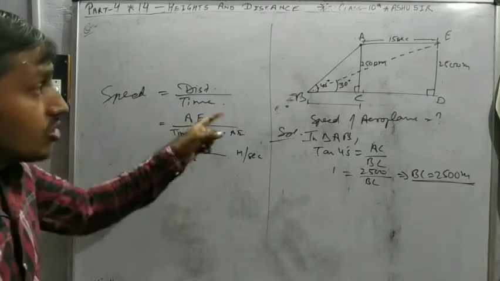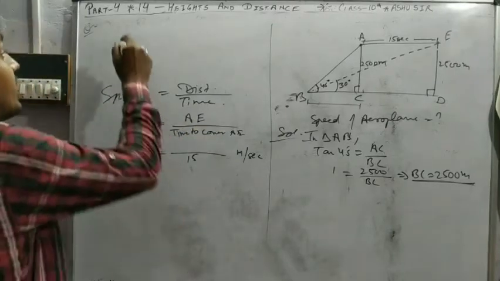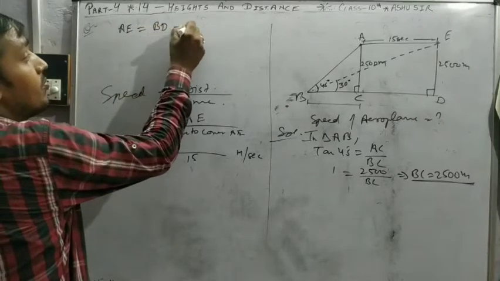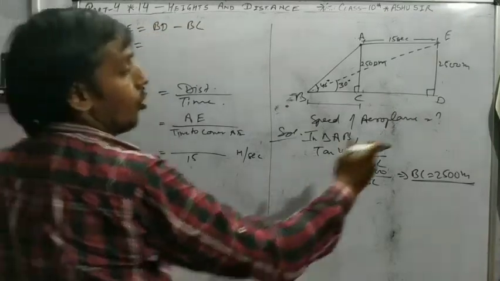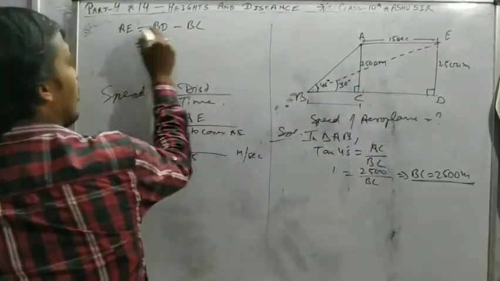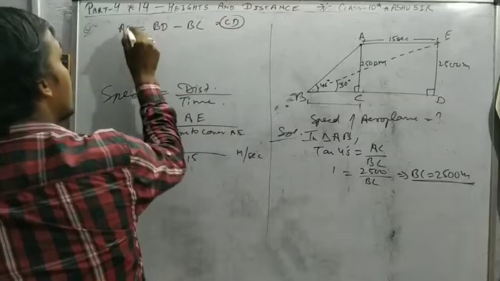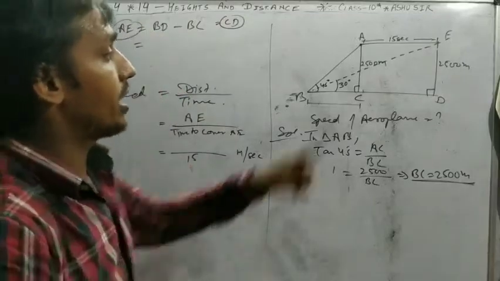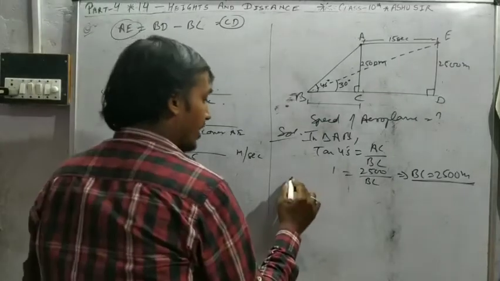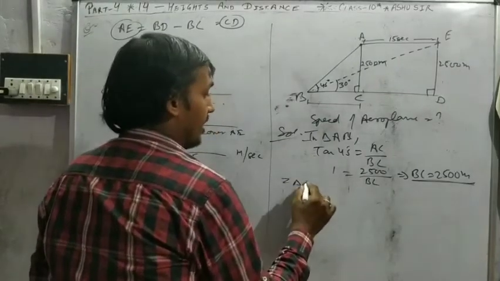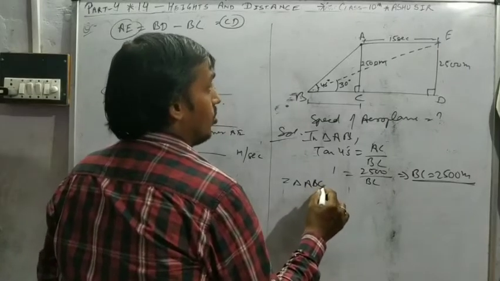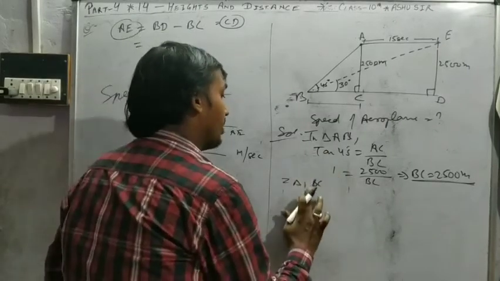But AE is not given. So what is the value of AE? AE is equal to BD minus BC. The whole minus BC, we get CD. And CD is equal to AE, that forms a rectangle, opposite sides are equal. Then we find the value of BD in triangle